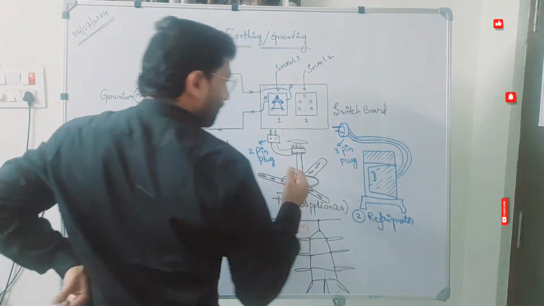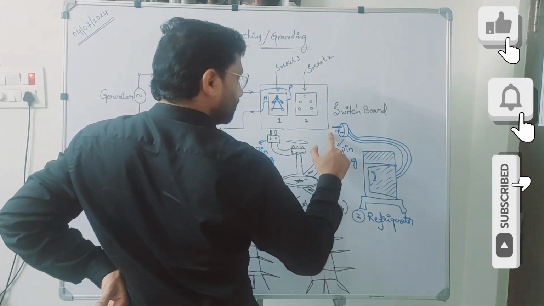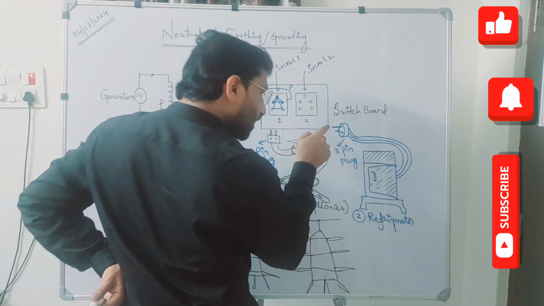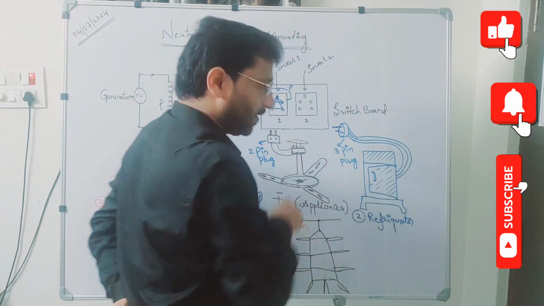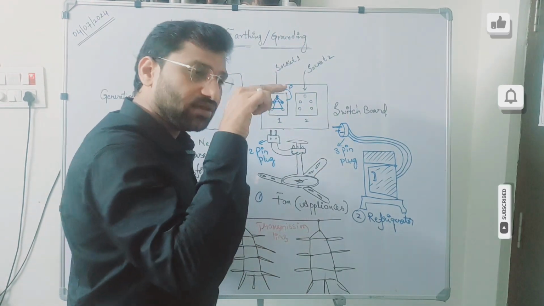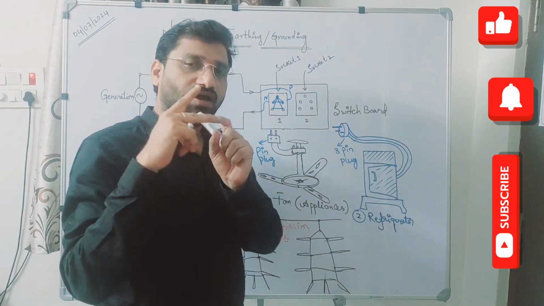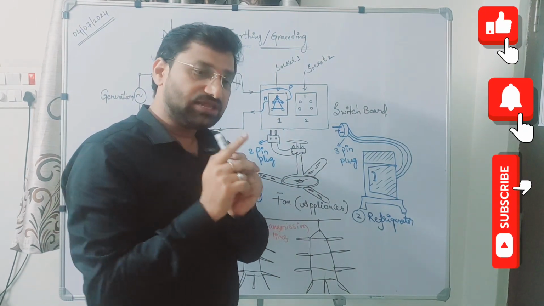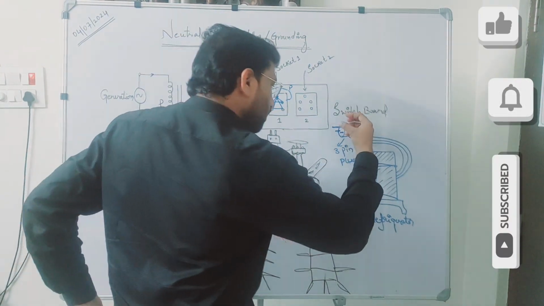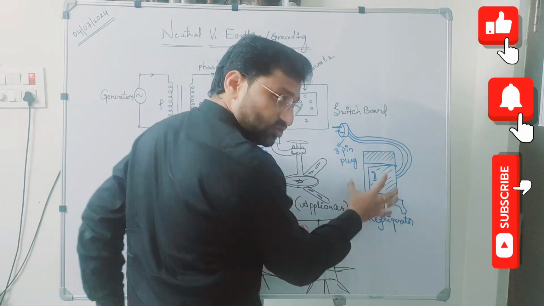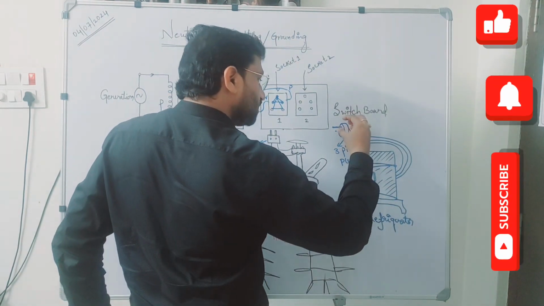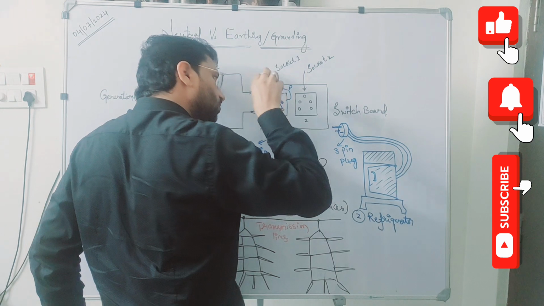Now, what happens when you insert this 3-pin plug? If you look at the construction of the 3-pin plug, this top one has more length and the remaining phase and neutral pins have less length. The reason is, when you want to switch on this refrigerator and you are trying to plug it in,